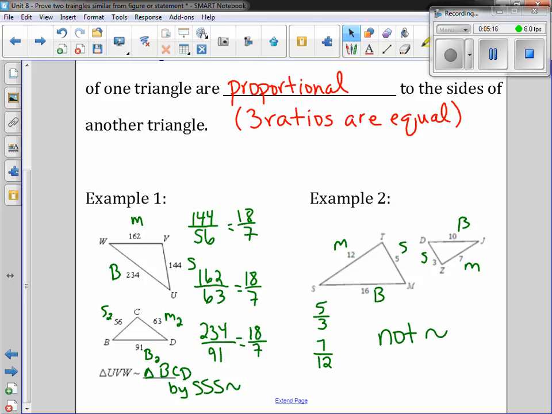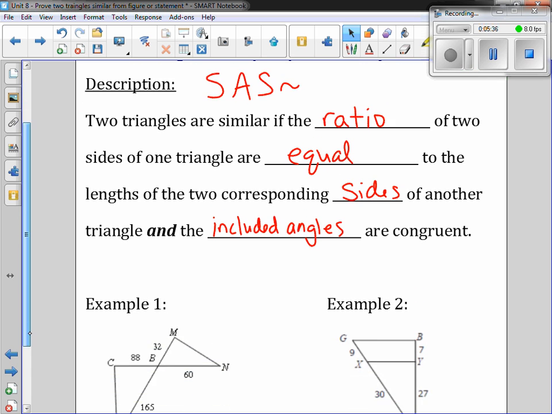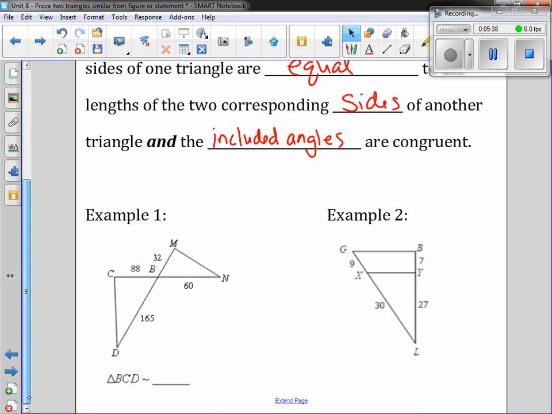If I had found that both of them were the same, I would need to find the third one to be sure. Our last type of similarity is side angle side. This is where the ratio of two sides of one triangle are equal to the lengths of the two corresponding sides of another triangle, and the included angles are congruent. What that means is that I need two sides that are proportional and the angle in between them to be